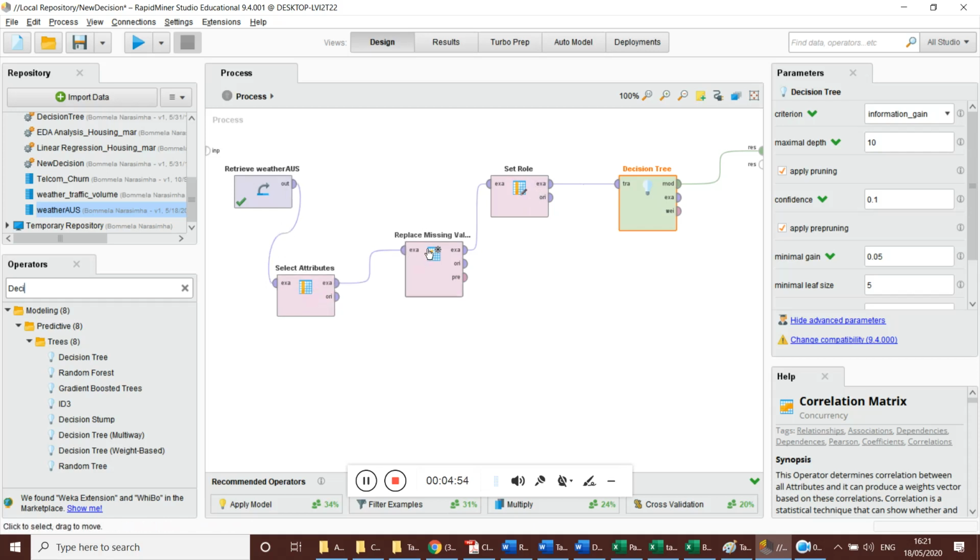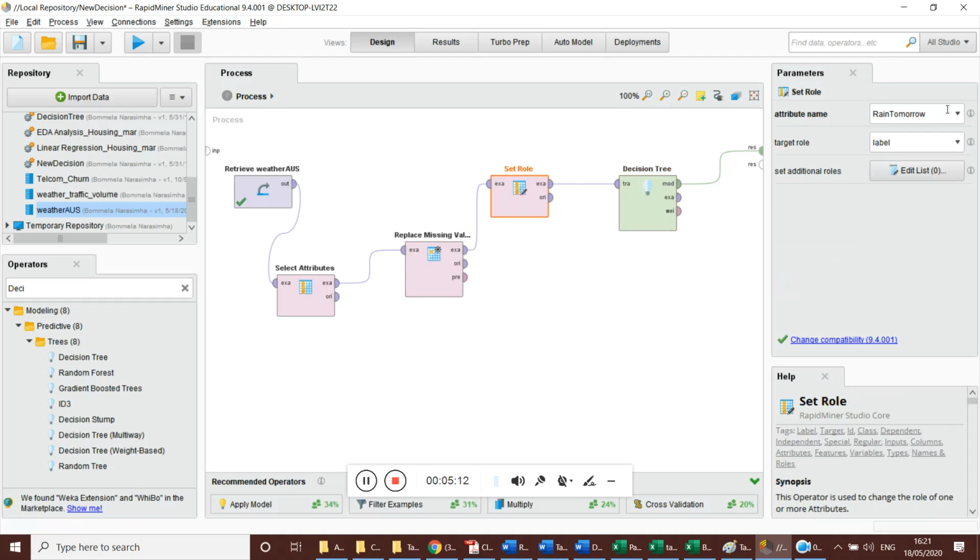That data table is given as input to replace missing values, which replaces missing values with average values. Then the data table is forwarded to set role, where the target variable is selected as rain tomorrow. Then the output of set role is given as input to the decision tree, the model is connected to the result, and when we run it we get our decision tree.